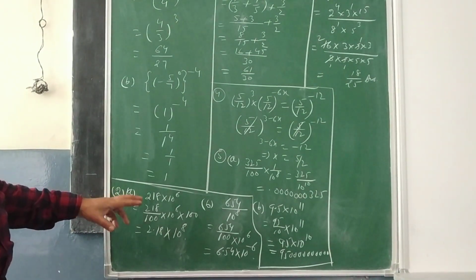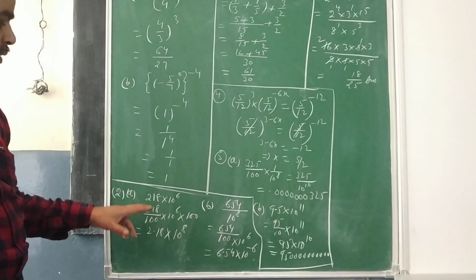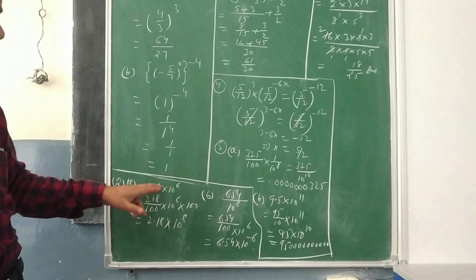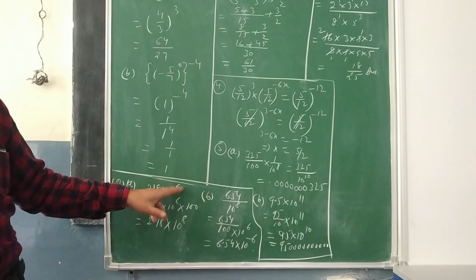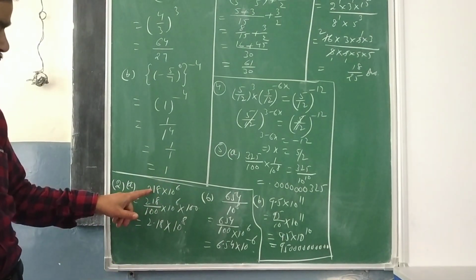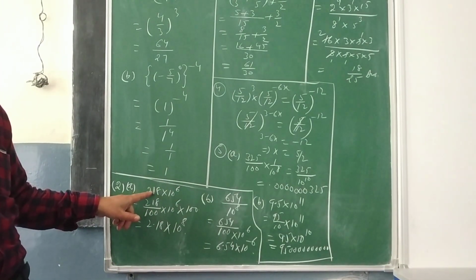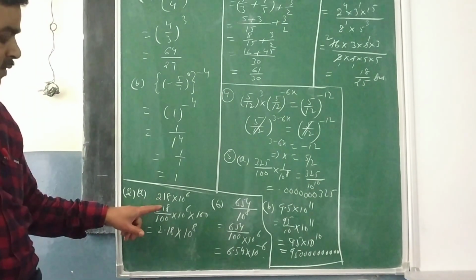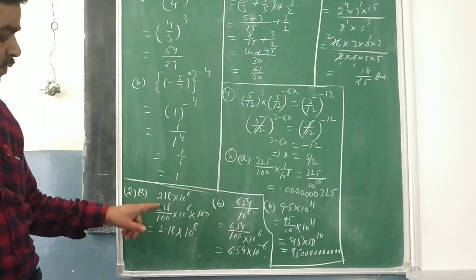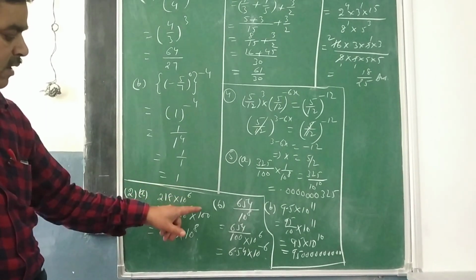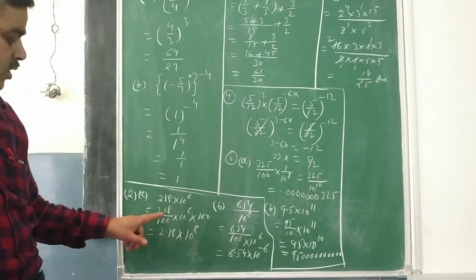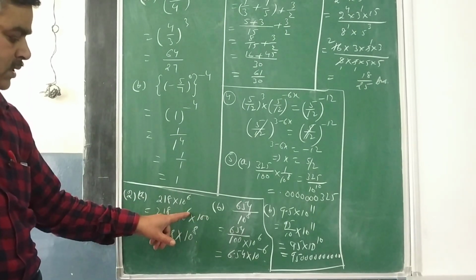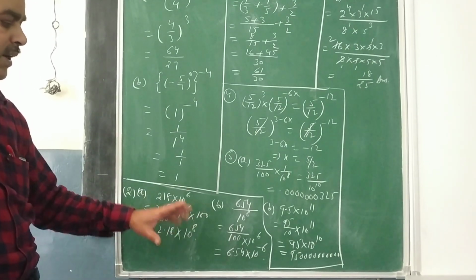Question number 2, you were supposed to write this in the standard form. That is 218 and 6 ending zeros were there. So I have expressed in powers 10 raised to the power 6. Now you know, as I told you before the decimal you need to put one digit there. So I need 2 zeros in the denominators. That's why I have divided by 100. So if I have divided by 100, at the same time I have multiplied by 100 also. Now this will become 2.18 and 10 raised to the power 2 plus 6 power will become 8.